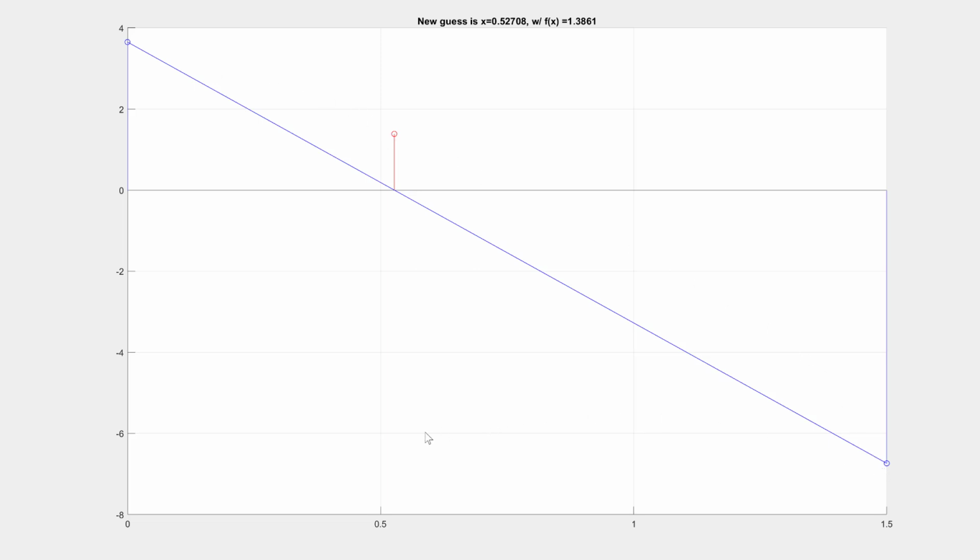I can't say half anymore because we're not cutting this in half like we would in bisection. And then I can use this new function evaluation and the old bracket edge to draw another line. And that line will help me to choose a new point here. That point is roughly 0.7. And we'll notice that our function evaluation has gotten lower. We can repeat this process several times, each time choosing a point a little bit closer to the true root,